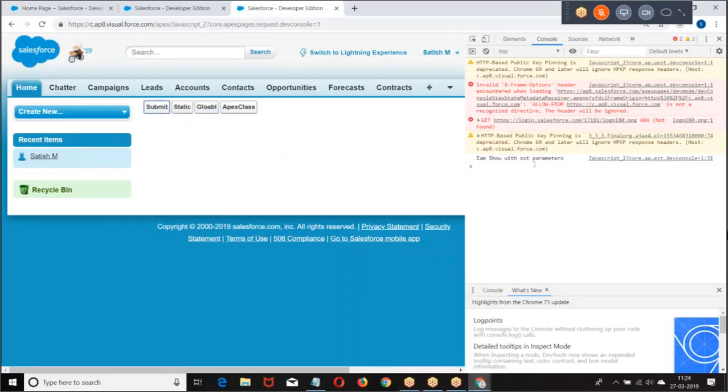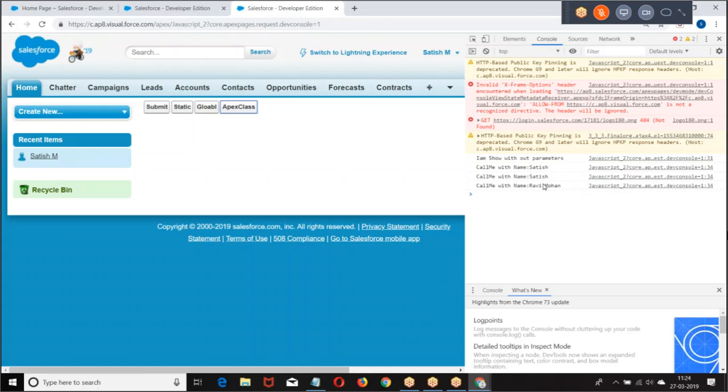I am sure with why on complete is the final action, so the data from the previous action is not lost. I am sure with a parameter. Call me with the name Satish. Call me with the name global data Satish. Apex class. Call me with Ravi Mohan. So we are testing it.